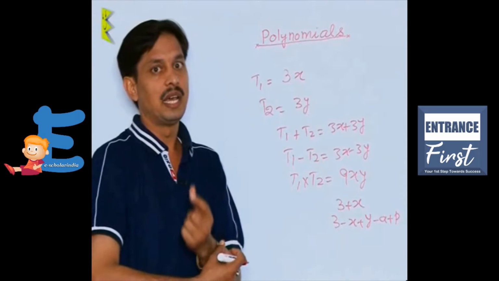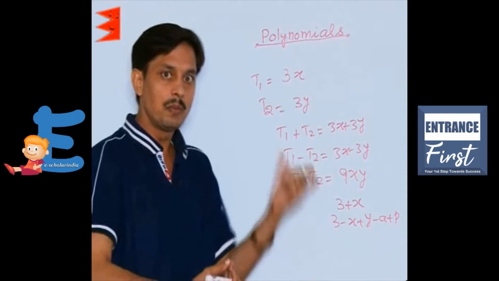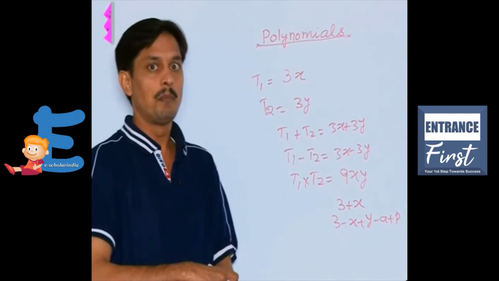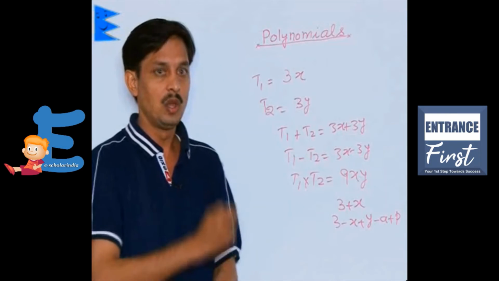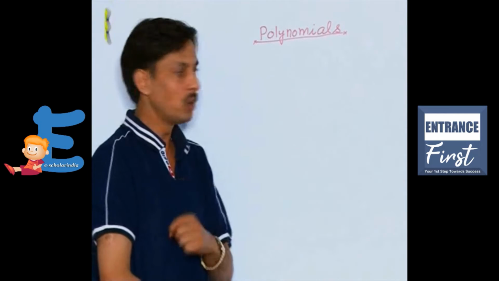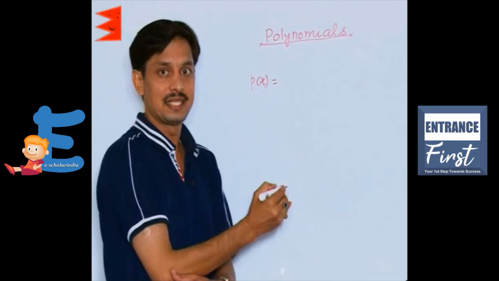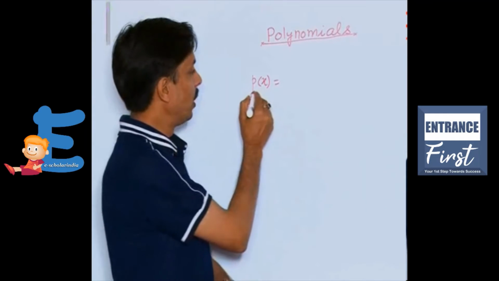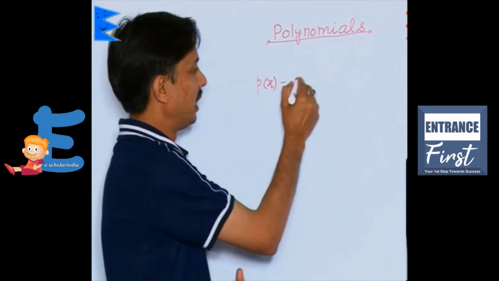If there are two terms, the algebraic expression is known as a binomial. If there are three terms, it is a trinomial. If it is more than three terms, we call it a multinomial, not a polynomial, because a polynomial comes as a special variety of algebraic expression, which I will explain to you now. What is a polynomial? First of all, I want to tell you that a polynomial in x is represented like this, P(x). If you are writing a polynomial in y, it is represented by P(y). So a polynomial in x is an algebraic expression in the form of, what?